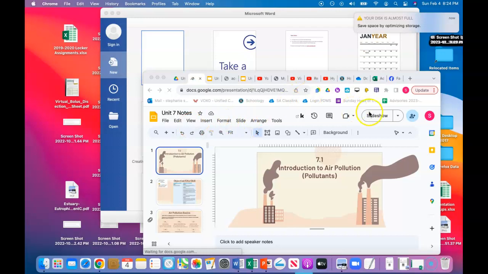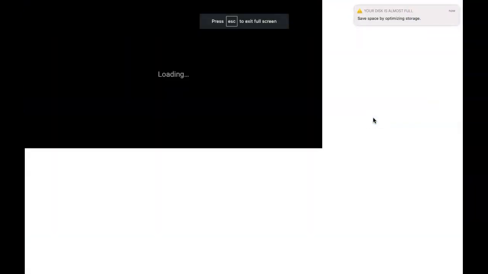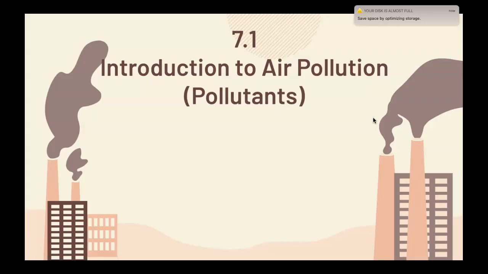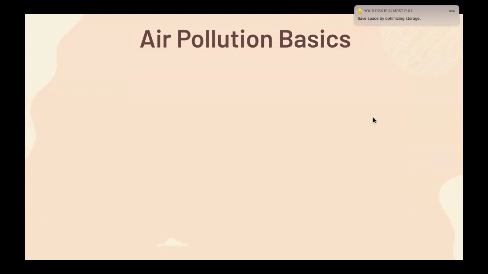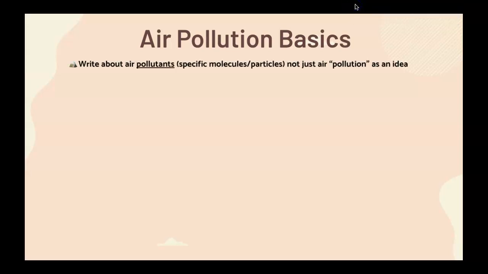All right, guys, so we are going to talk about 7.1, which is our introduction to air pollution or pollutants. And so the objective is that you will be able to identify the sources and the effects of air pollution, or sorry, air pollutants. So, just a few brief air pollution basics that you need to know and understand is